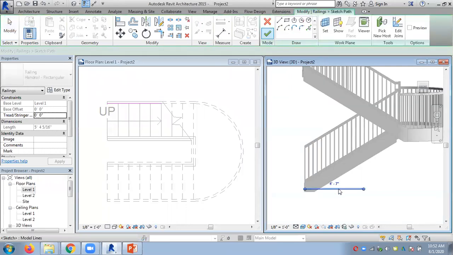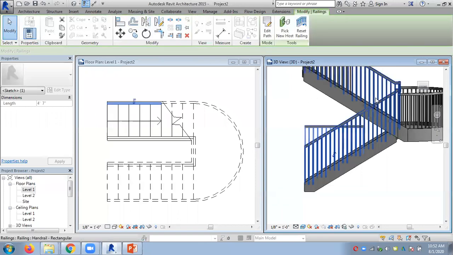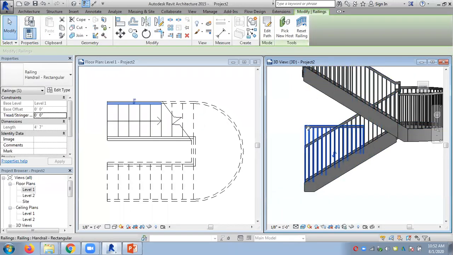There's another. Here we can say flat. So what happens when you select flat here and give 2 feet, or flat here and by type? Flat here and by type means your stair top of the railing will be flat. Okay.